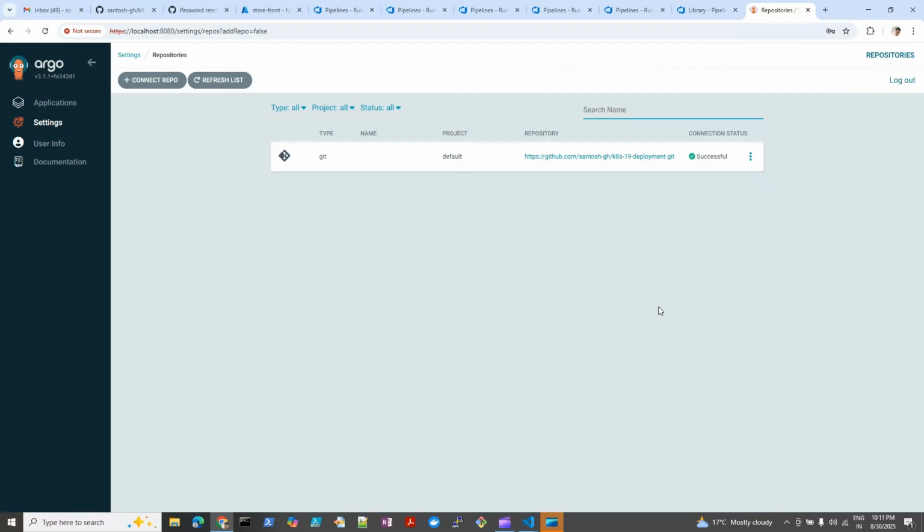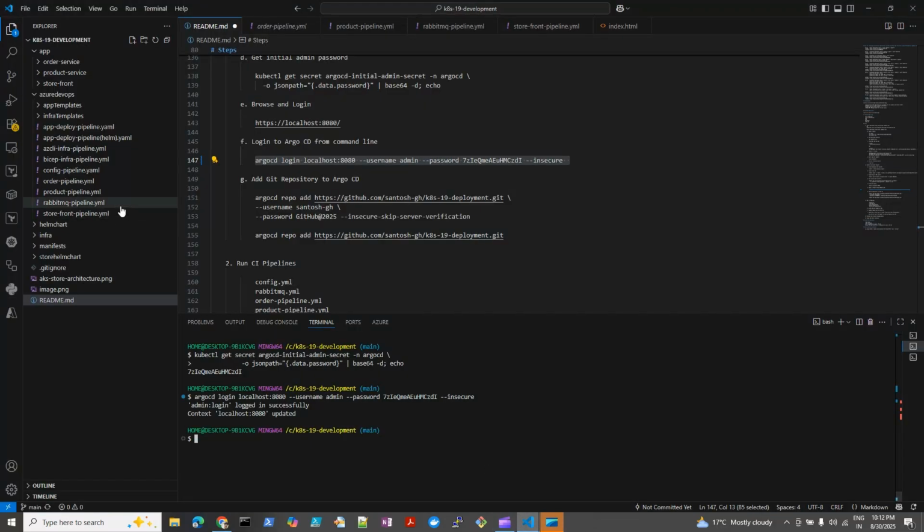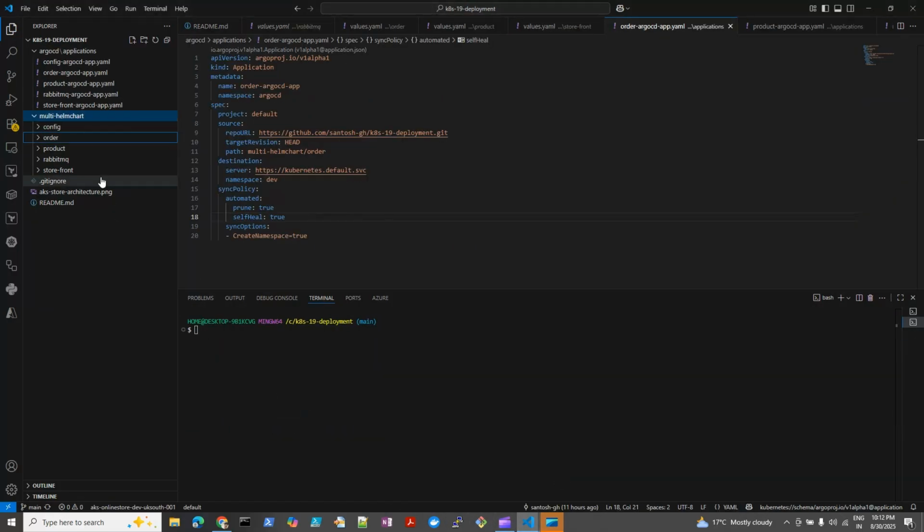Okay, the next step is that we need to create the Argo CD applications, and the Argo CD application's responsibility is to use the manifest and deploy into the AKS cluster. For that, I have already created them. If you go to our Kubernetes deployment repository here,